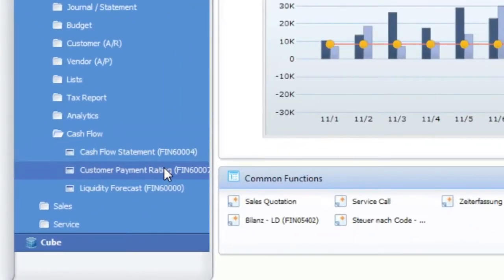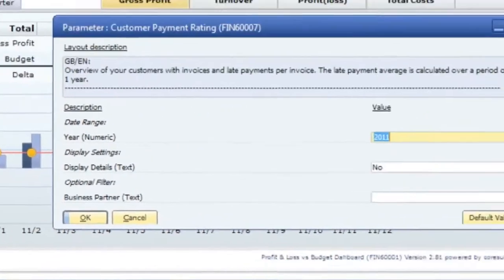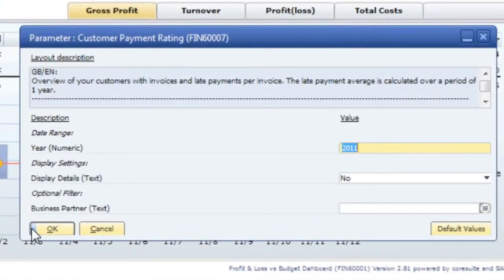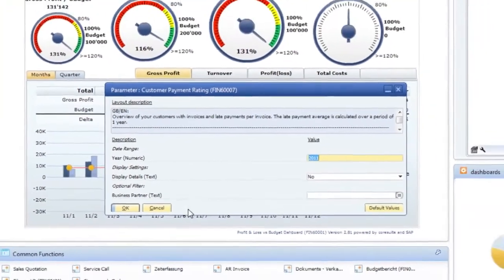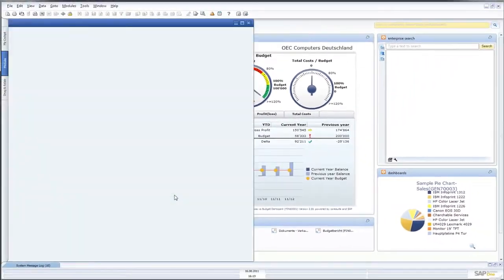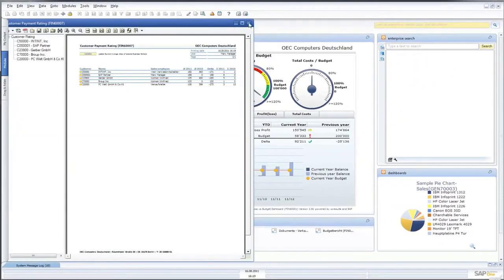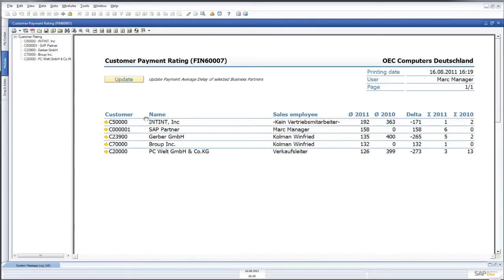The next report in the liquidity package is the customer rating payment report, which gives us an overview of late payments of our customers. In this window, you can select the year which should be evaluated, as well as the details of the evaluation and individual customers, which are then evaluated separately. If you now click OK, the add-on will open a list with all customers in the system, and this then